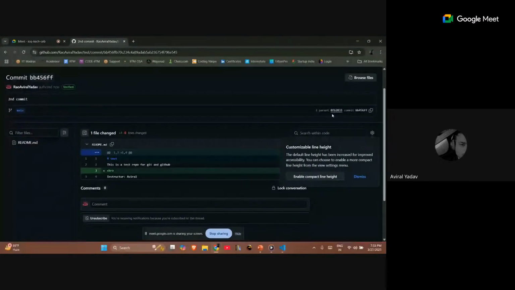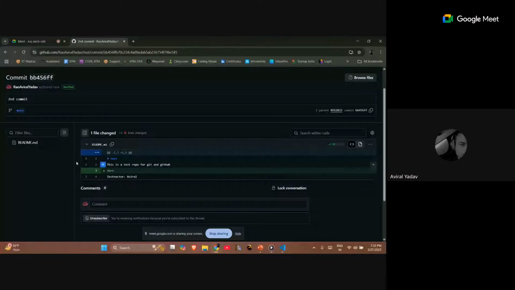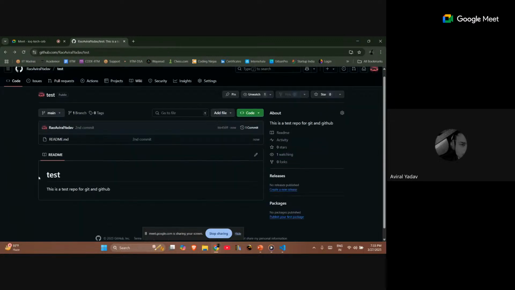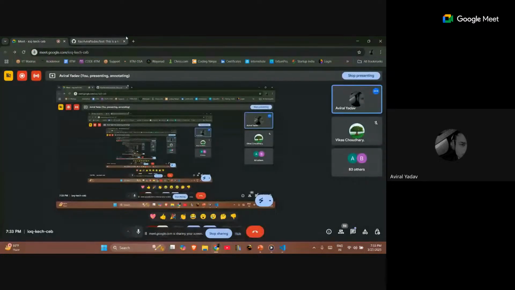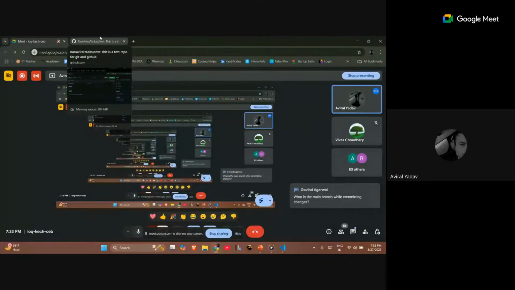This is how you can check whether the current commit is going, or whether anyone has made any changes, and you can change it also. As you can see, there's a new commit and the earlier ones are showing this. So you can go back to the older versions so it doesn't create any issues for you. I hope that is clear. No one has an issue in that. Main branch, I will explain it later. It's a part of branching and merging, so I'll explain it later.